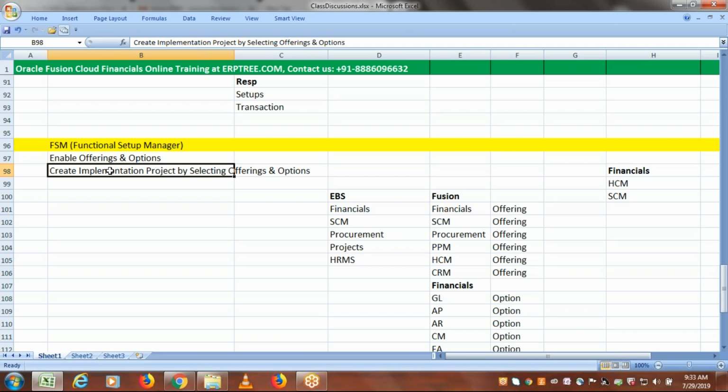That means with the help of an implementation project, you can move the setups from one instance to another instance with the help of the configuration package option. So this is what we have to understand, the purpose of the implementation project. Apart from this, there is no usage. Okay,